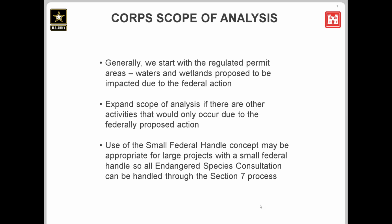Okay, so the first thing I want to mention is that we've gotten a lot of questions actually about how people should be running the D keys. Technically, for the Corps permit, our scope of analysis tends to be a little bit more limited. We would start with the area that is an aquatic resource that is proposed to be impacted due to the federal action, and then look at other activities that are only occurring because of that proposed activity and expand to